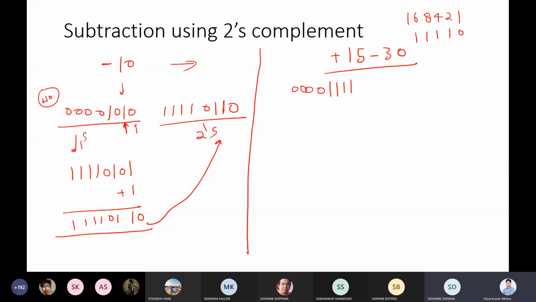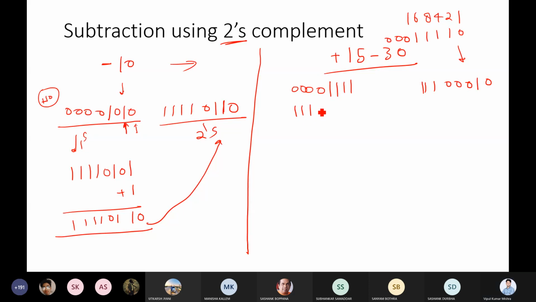Correct. So now, but it is minus 30. So let me first complete it as 8-bit. 1 1 1 0 0 0 1. So if it is 2's complement, there are two ways, as we already know. You can directly convert, so 0 1. Once we get the first one, you need to complement. So 0 0 0 1 1 1. Getting? So now let me add it.